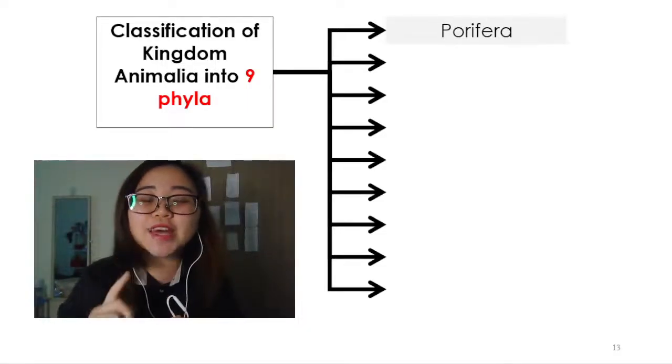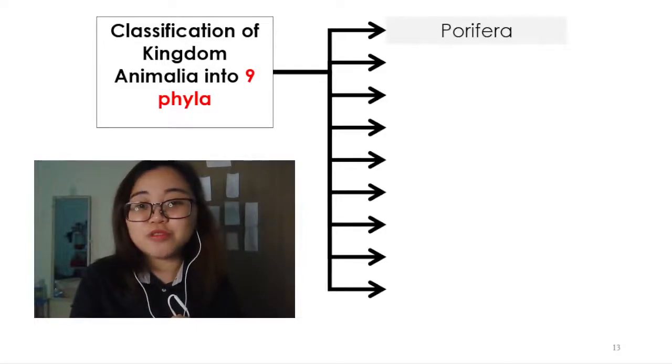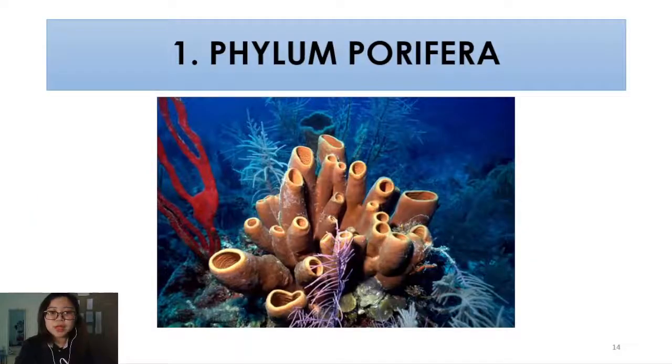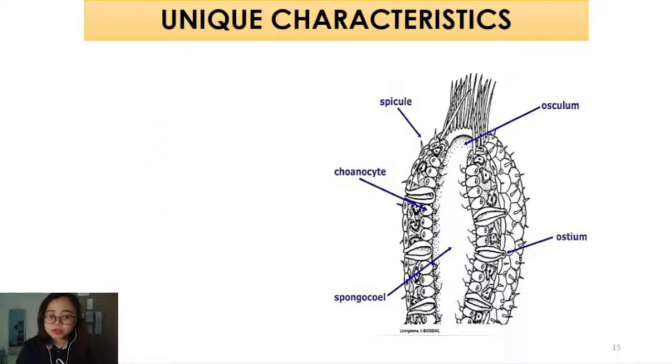Hello and welcome back. Now that we're done with the overview, let's have a look at each of the 9 phyla in kingdom Animalia. Without further ado, let's have a look at the very first phylum, Phylum Porifera. Undersea life would not be the same without these sponges, so let's have a look at the unique characteristics of